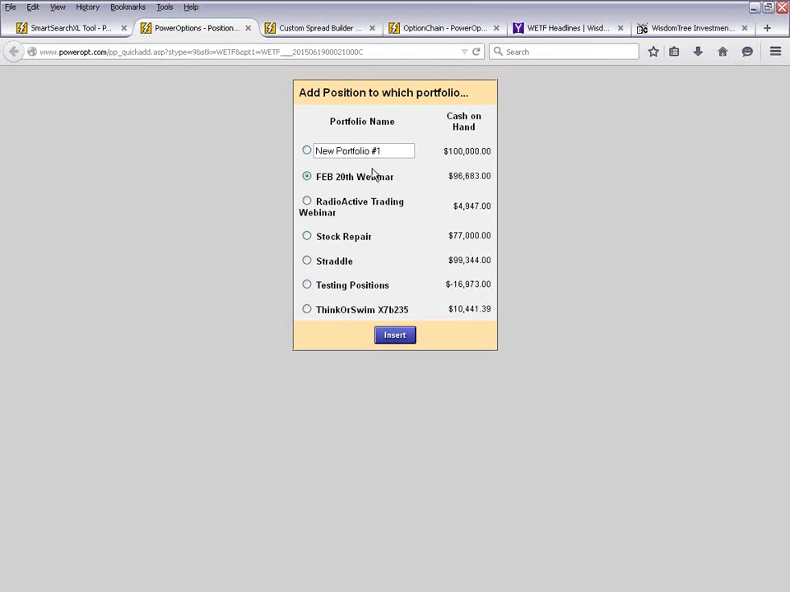Now, if you've already created portfolios, you can go ahead and select those here. I have different ones for radioactive trading, straddles, other things we've done for the webinars. We're going to create a new portfolio today, and we're going to go ahead and call this the WETF